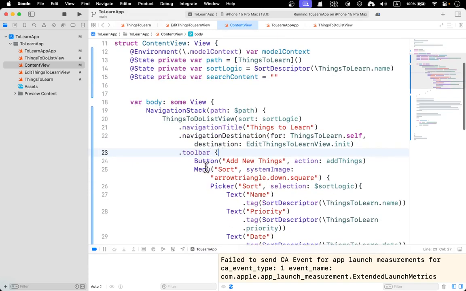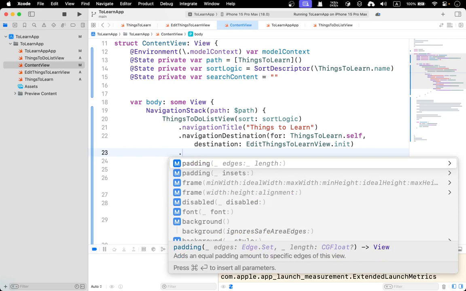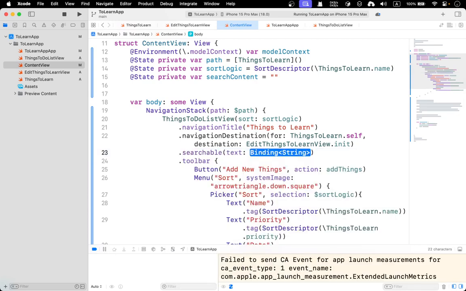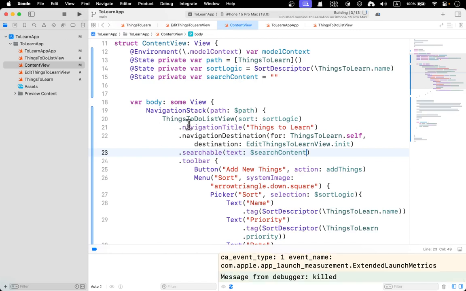And in order to make a searchable, you just need to add a searchable. Okay, it's really, really simple. Navigation destination toolbar, just before the toolbar, all right? Dot and make it searchable. Searchable, okay, searchable. And we got a text of a binding. We just need to bind the search content to here. Really, really simple, right? And right now you can sort of already see the search here, but we won't be